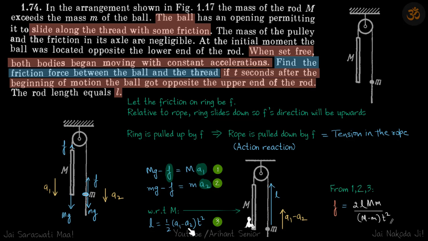Now we can write our equation of motion because both the accelerations are given as constants. So their difference is also a constant. So when the acceleration is constant, we can use our equation of motion. So now we have our three equations and three variables, F, a1 and a2. So we can solve them and find the answer.